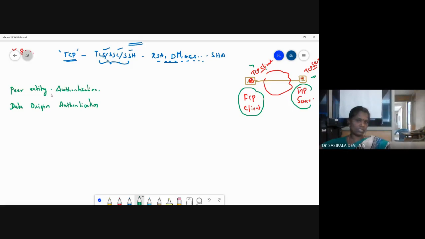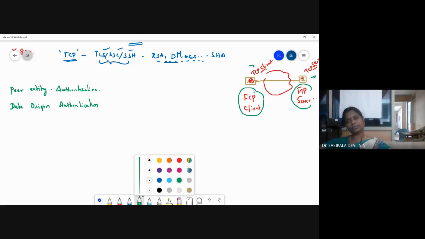Okay, so what is the service here? The underlying network service is file transfer. What is the security service here? Secure file transfer. Authentication service. So that is the first service. The first type of service mechanism is the authentication mechanism: peer entity authentication and data origin authentication. The second type of service mechanism is